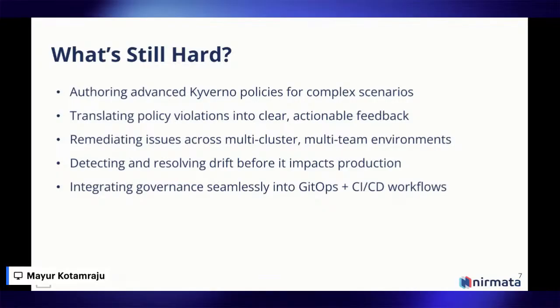And then with drift, you can quickly undo compliance within minutes or seconds, and you want to detect that early enough without disruption. And then we want to incorporate governance, so it has to fit in that GitOps CI/CD workflow without slowing releases. Or as you know, if we do that, teams will find ways to bypass it. So the key here is that we're looking for ways to accelerate the entire policy lifecycle, from writing to explaining to fixing, while keeping Kyverno as that enforcement engine. And that's where agentic AI comes in.